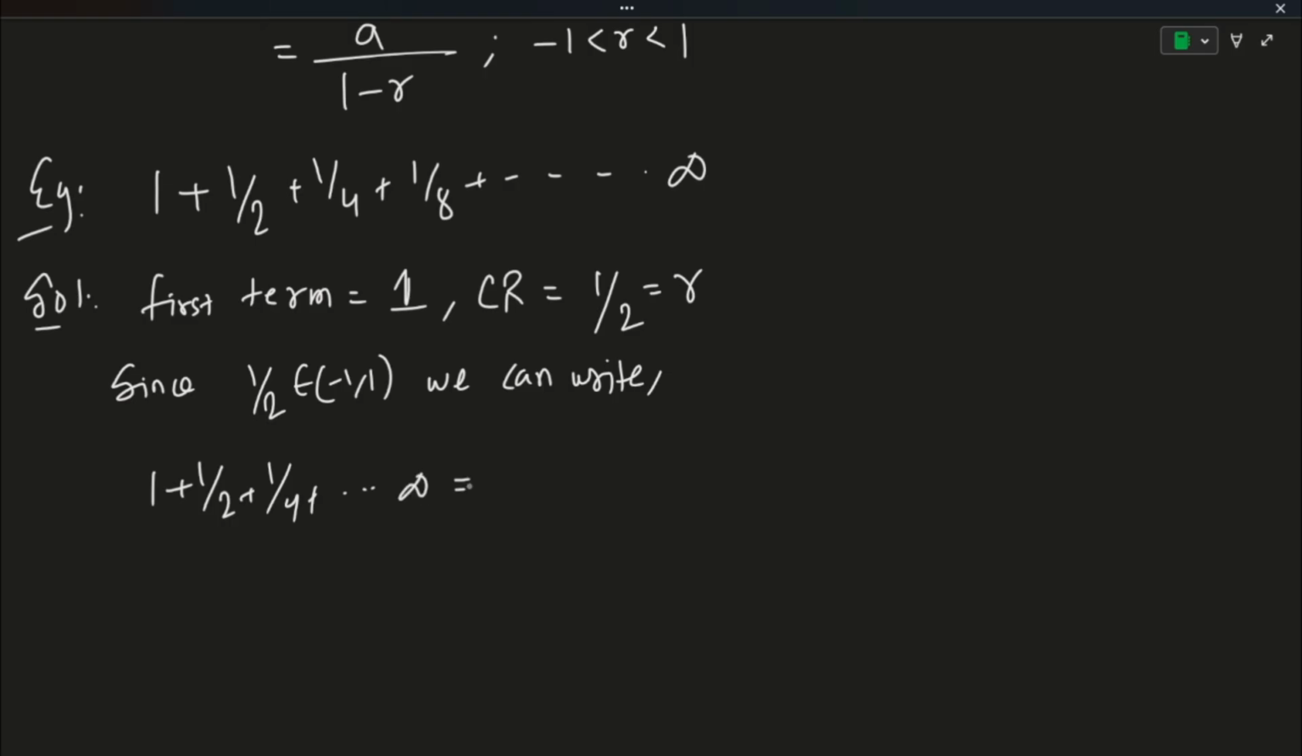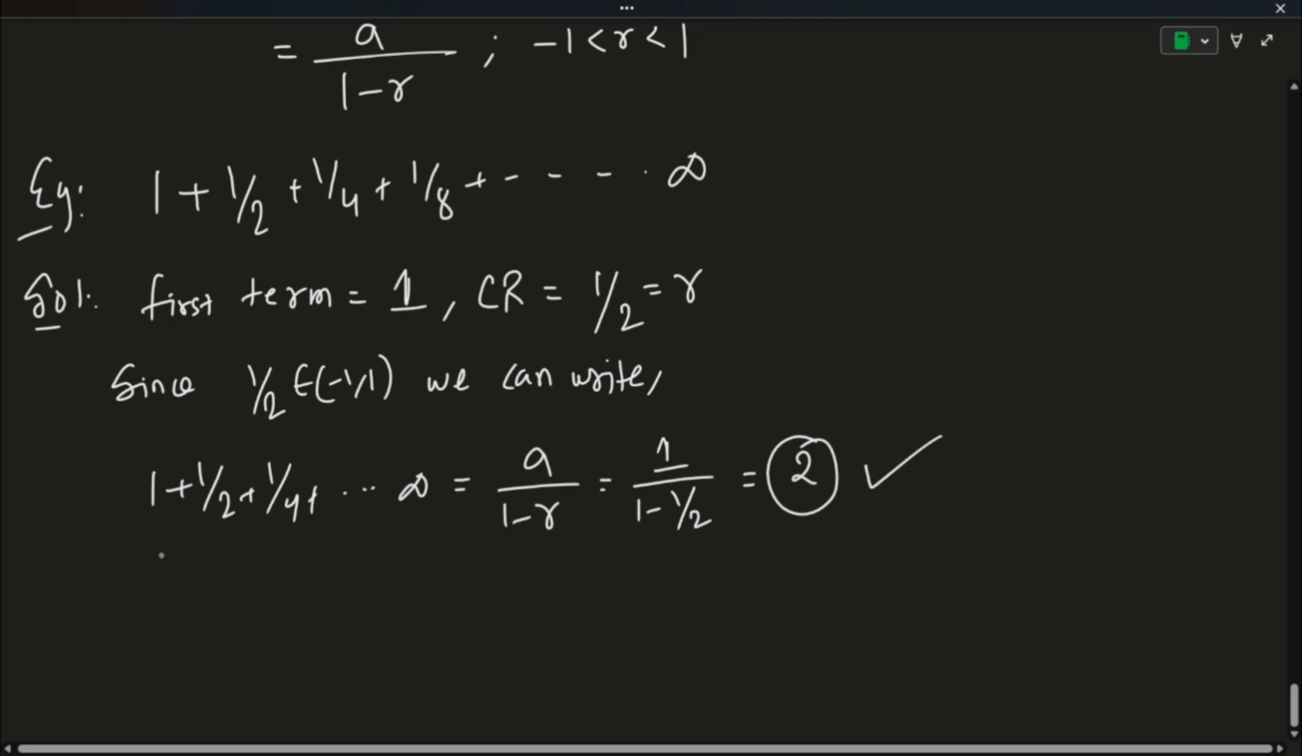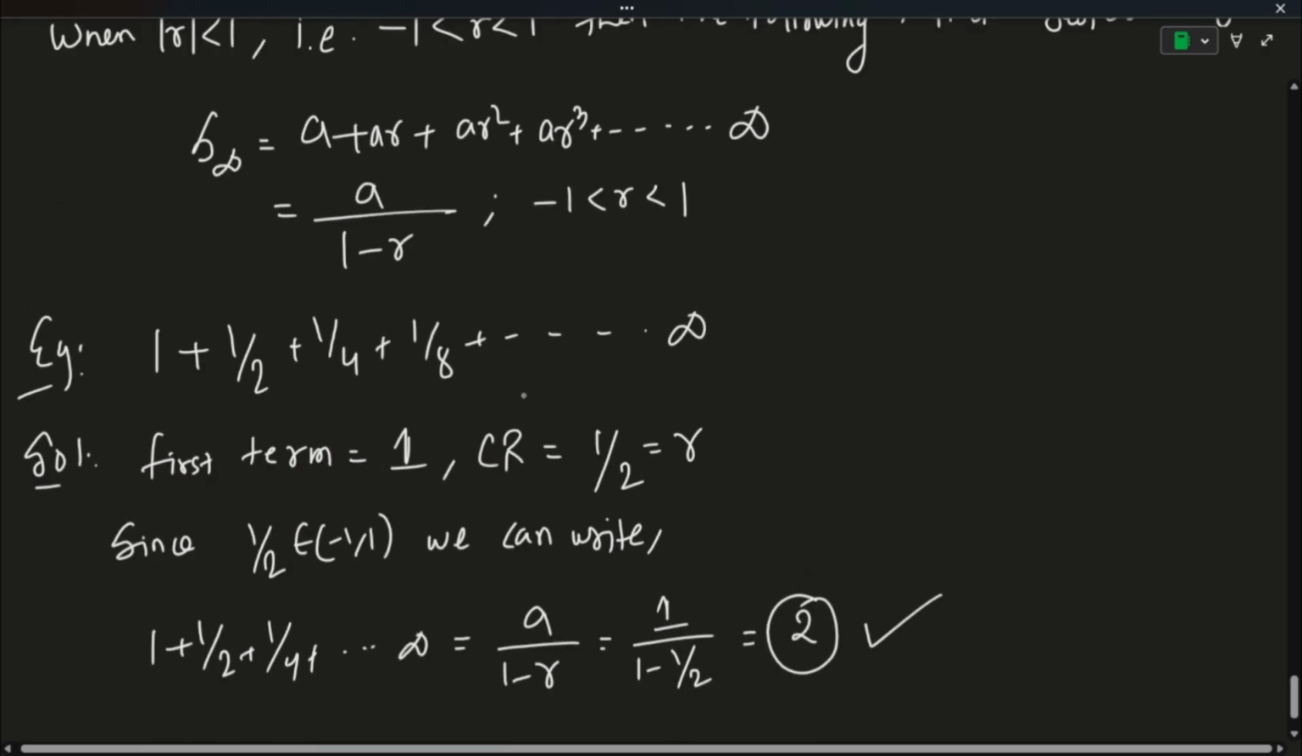is equal to the GP formula, which is a by 1 minus r. What is a? a is 1. What is r? r is 1/2. Simplify this and you get the answer as 2. This is the required answer. Okay, so again that would be the infinite GP, and infinite GPs are usually simple, you just have to find out